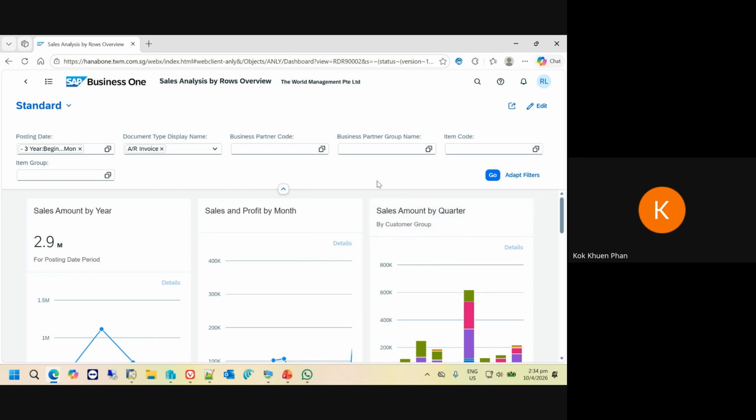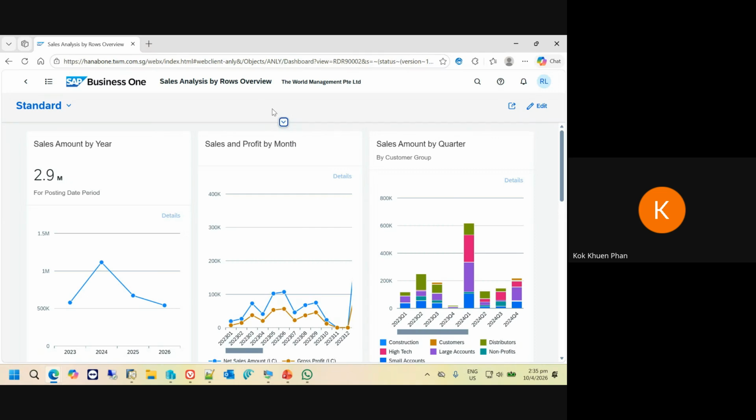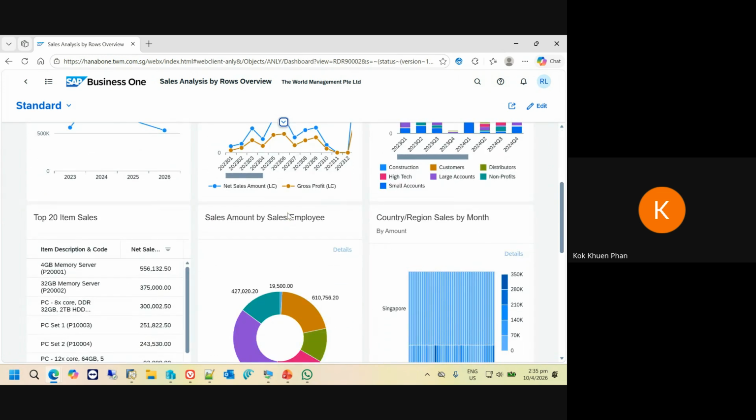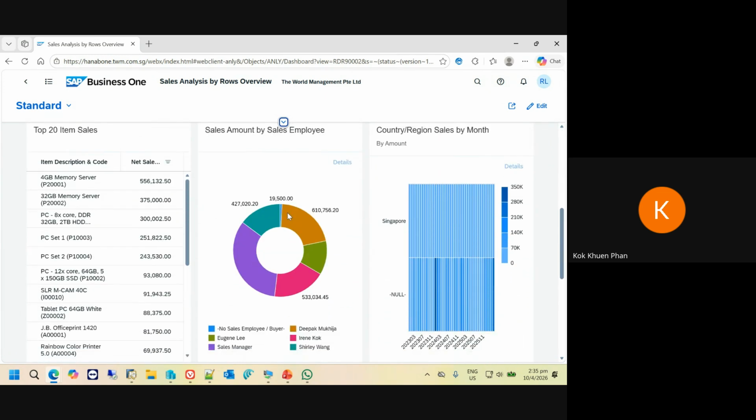From this screen, if you find that the screen estate is too little, you can click on this button to close the filtering condition area. Then you can view more information or more dashboards on your screen. If you scroll down, you will find a couple of other dashboards available. So you can do an interactive